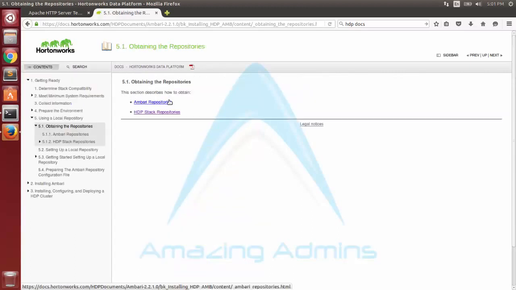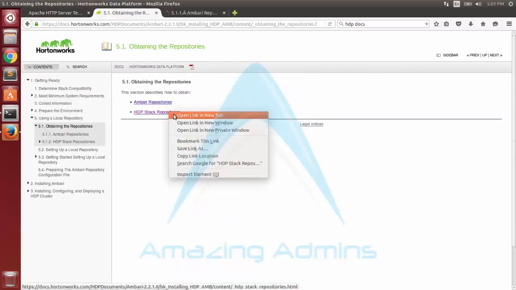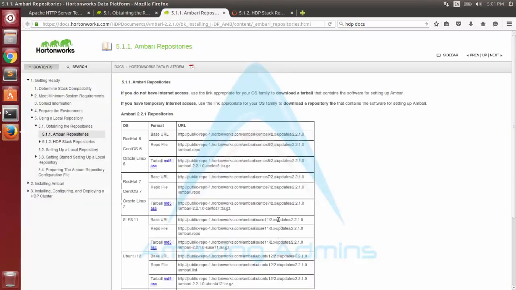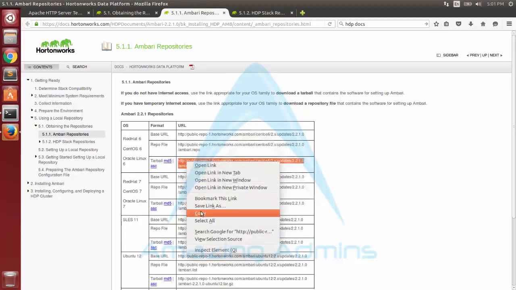Here there are two things, one is the Ambari and one is the HDP stack repository. You can see that for various operating systems the repositories are there, namely Red Hat 6, Red Hat 7, and also Ubuntu. My system is on Red Hat 6, so I'll just copy the tar link. You can see that there's a repo file also there. So I'll copy the tar link and